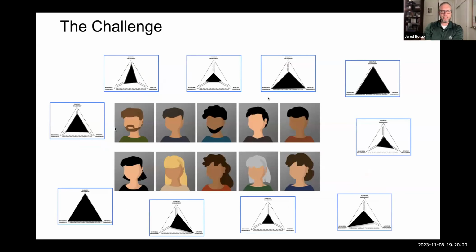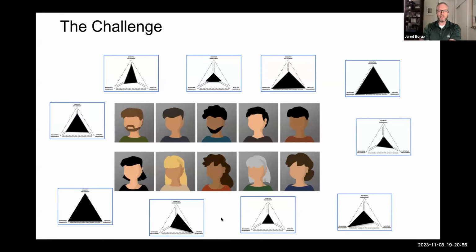The challenge is that the independent engagement triangles can be different shapes, depending on how much cognitive, affective, or behavioral engagement learners can do independently. Everyone has their own triangle. Some learners are good, like this one in the corner. They probably don't need a lot of support or any support. You just give them the content and they can be successful. Some might need a little and some might need a lot. Some might need a lot of affective support and not so much behavioral support, or a lot of cognitive support and not so much the others.